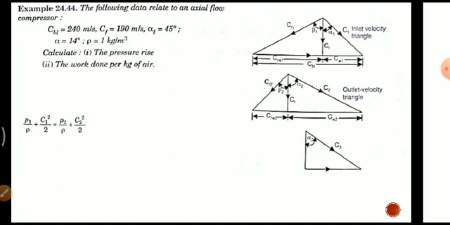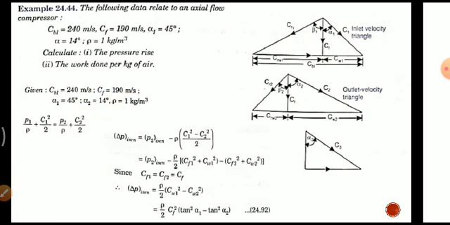And the work done per kilogram of air, we have two formulas, either in terms of blade velocity, in terms of pressure, or in terms of temperature, we can calculate it. So here is the given data. Blade velocity CB is equal to 40 meter per second and CF is equal to 190 meter per second. Alpha 1 is equal to 45 degree, alpha 2 is equal to 14 degree, and rho is equal to 1 kilogram per meter cube. So first we will calculate the pressure rise, which is P2 minus P1, that is given